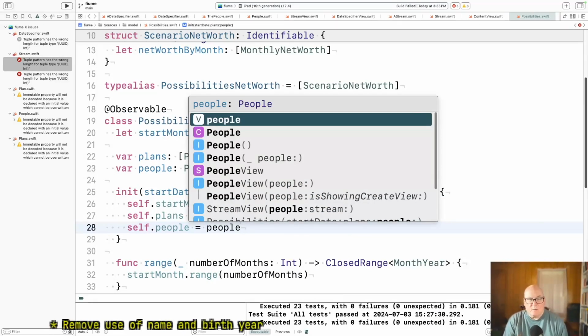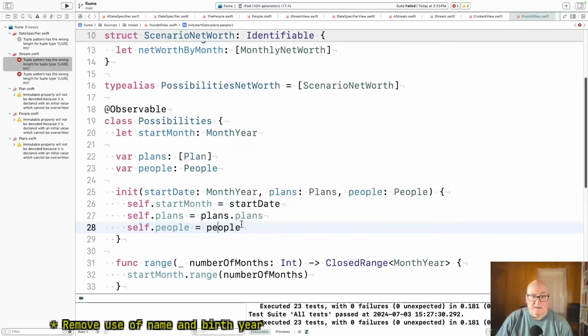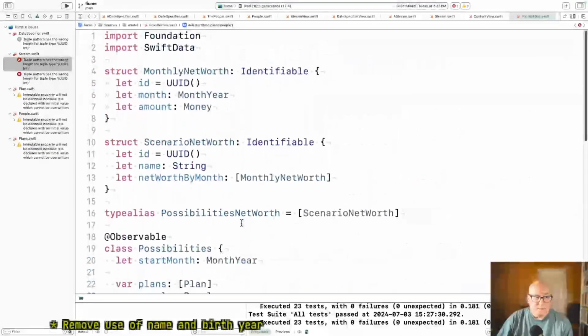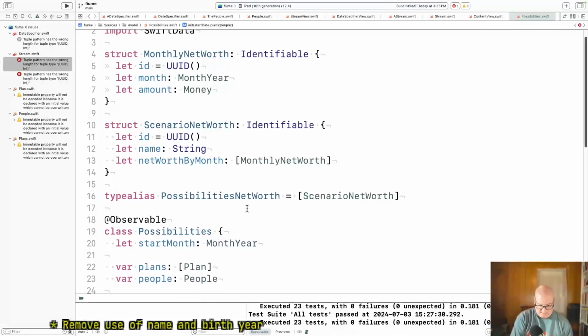Now this is an array. No, it's a people object, and the people object holds the array. So I think we're okay. Arrays have copy semantics, but classes don't. So we should just get a pointer to that class that contains the array. Okay, now this, it's going to break a bunch of tests.